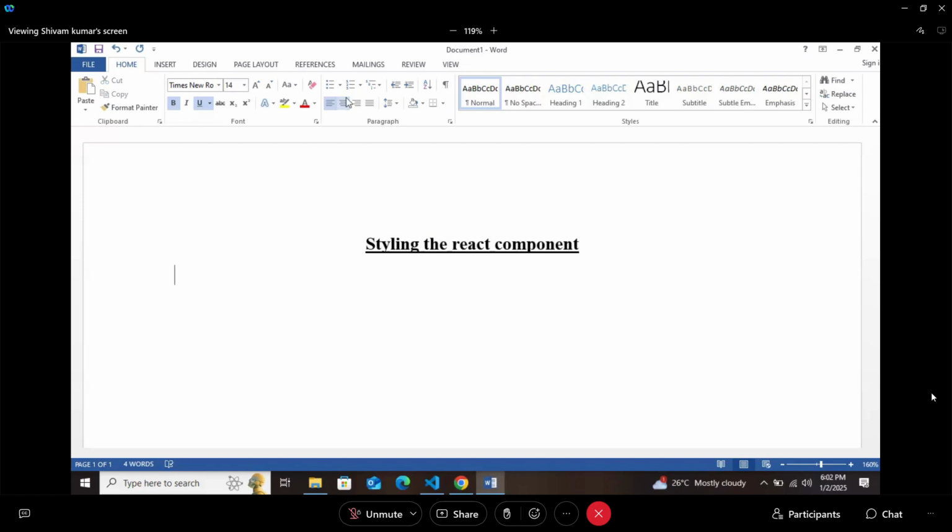Why do we need to style our component? Not in React. Means why we use CSS or any other styling tool? What was there before the development of CSS? Was there something that we can use before CSS? HTML only.